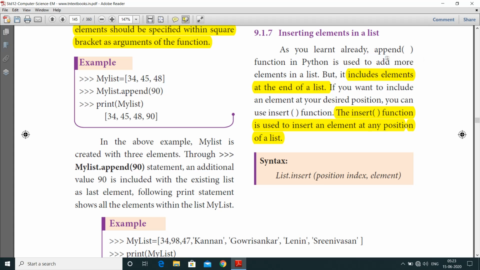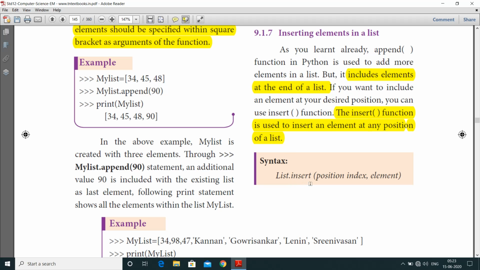In your book it should be extend; replace the append, just strike it out, it is extend. Here the extend function in Python is used to add more elements in a list. The append function is used to add only a single element in a list. And next one, the insert function is used to insert an element at any position of a list.